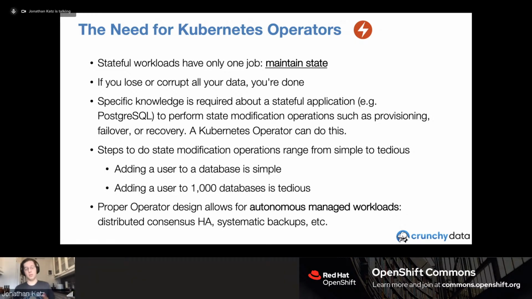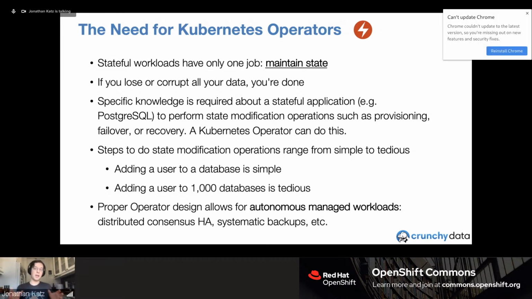And granted, if you've been doing DevOps practices for years, you can write your appropriate Ansible playbook to get that all set up. But then you have to think about that from a maintainability perspective, because you're creating something that may or may not be standard practice, and then you have to teach everyone how to do that. What operators do is create a consistent view of the world, so that adding a user is the same no matter where you install the operator.